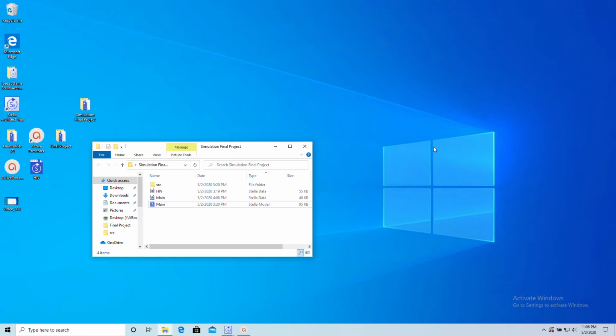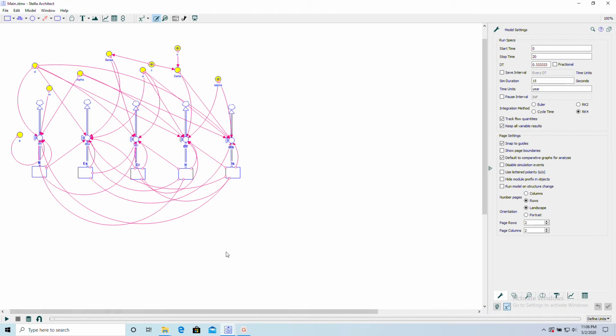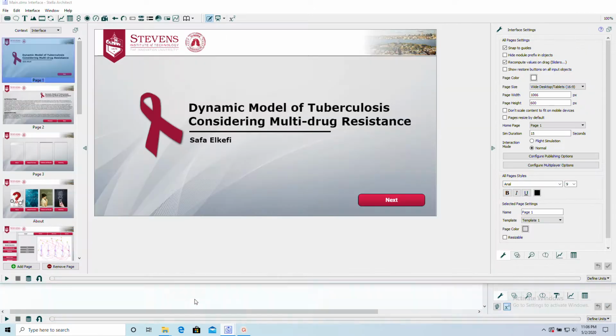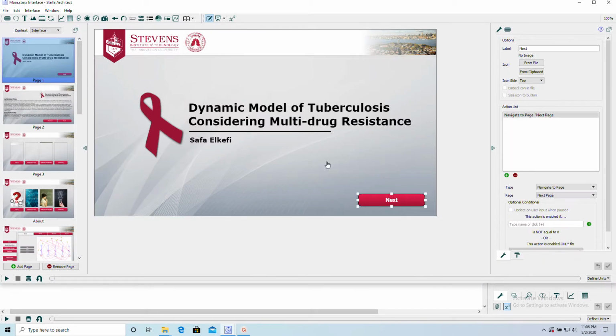Hello everyone, here I'm going to present for you today the project that I made for the simulation, which is an HIV healthcare mathematical model simulated with Stella. So you press here on main and you find yourself in the main project. You just press on the button of interface to go to the interface I created,